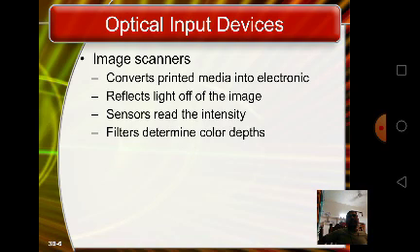Processes that describe color in this manner use RGB color, that is red, green, blue, as basic colors. The image scanner is useful because it translates printed images into an electronic format that can be stored in a computer's memory. Then you can use software to organize or manipulate the electronic image.